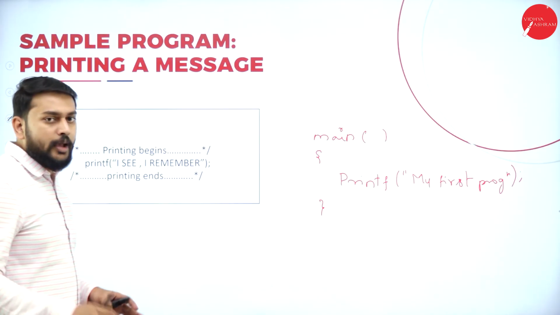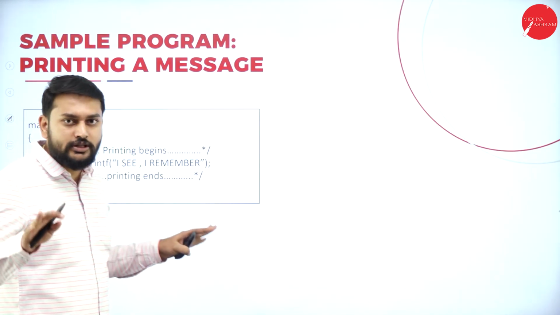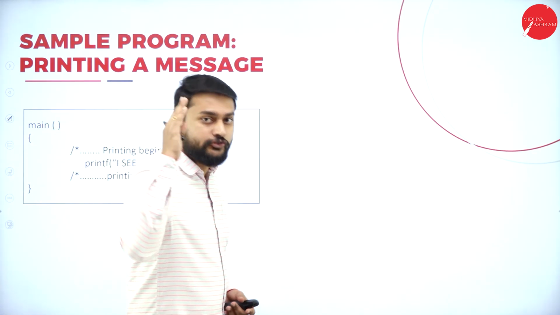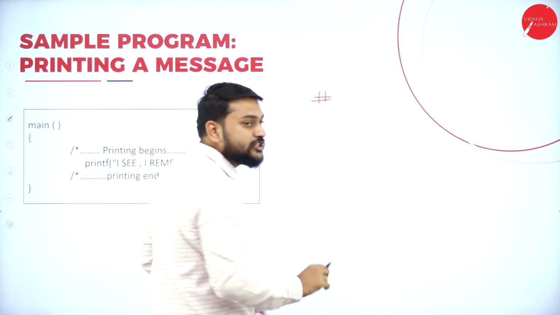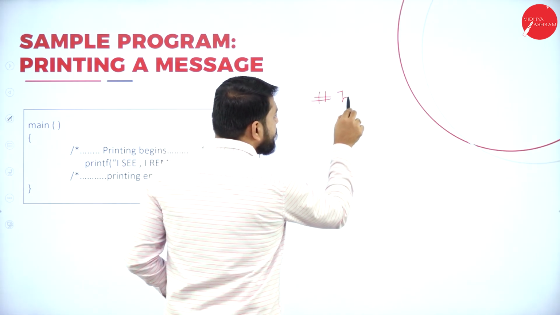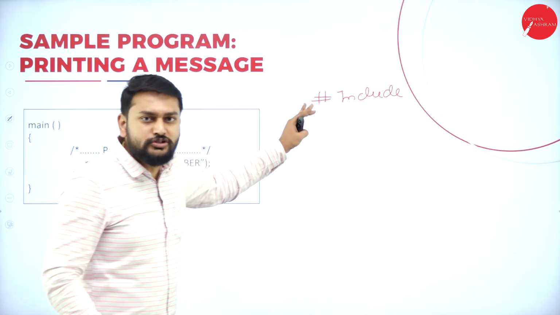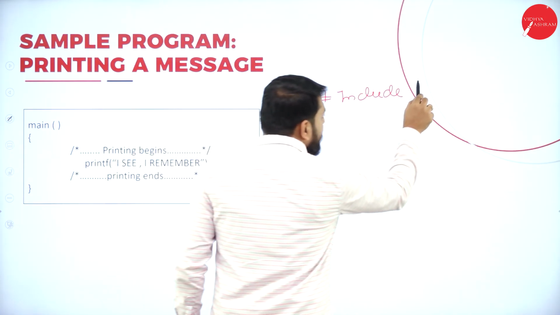The next one, basic structure, simple program. Let's understand this here itself. How do you write a simple program? What is the first line? The first line is always, we have discussed, hash include. What is this? Why do we use this hash include? So first you have to start your program like this. Hash include, so please write this